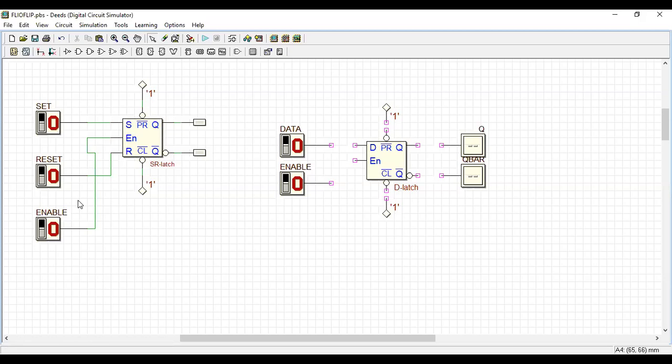That is the logic. Yes, we can do that. SR latch we can construct using basic gates. If you connect a clock, then it is a flip-flop.